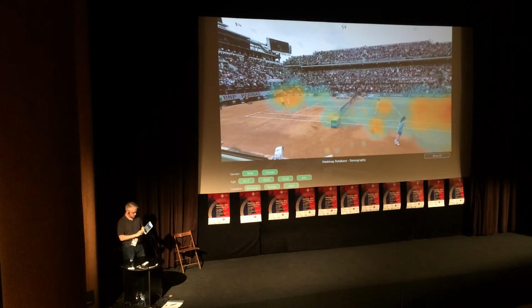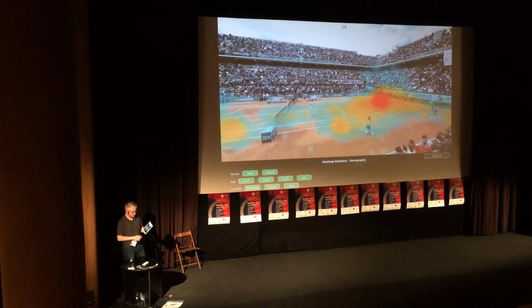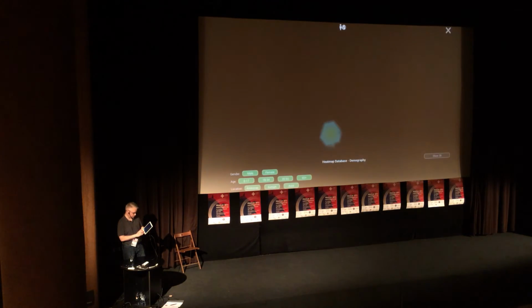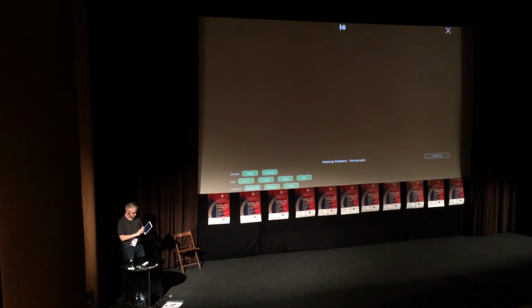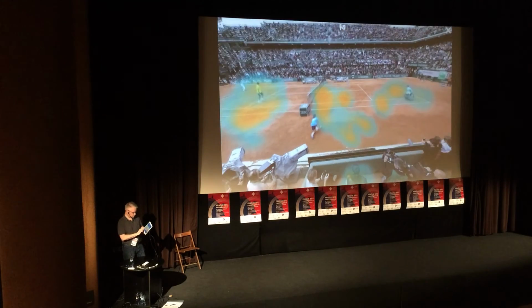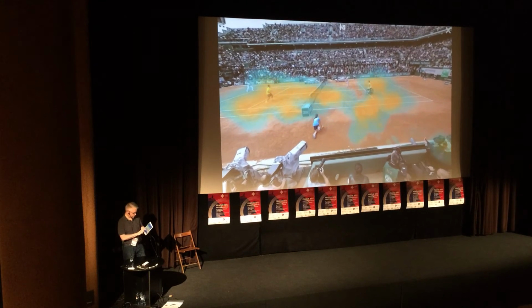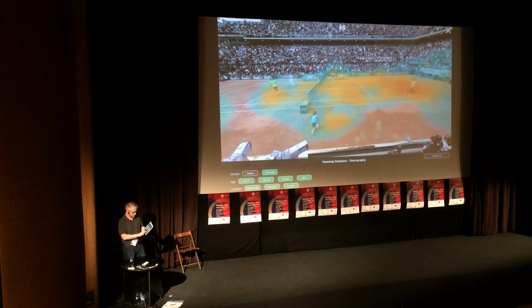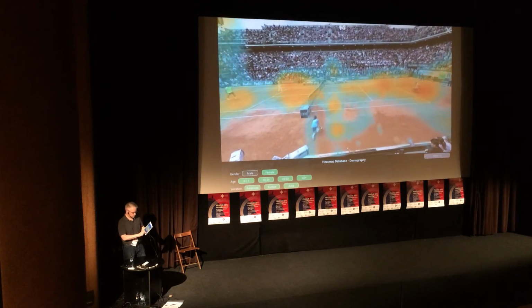And what we can do here is some filtering. So I'm going to go back. Now we can do some filtering, and for example, from the UI, we can select that we only want to see what the female users are looking at, and then press show.